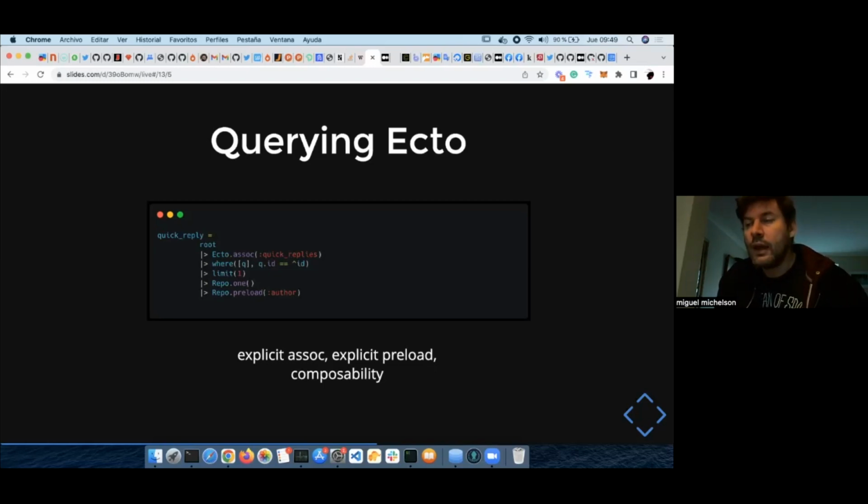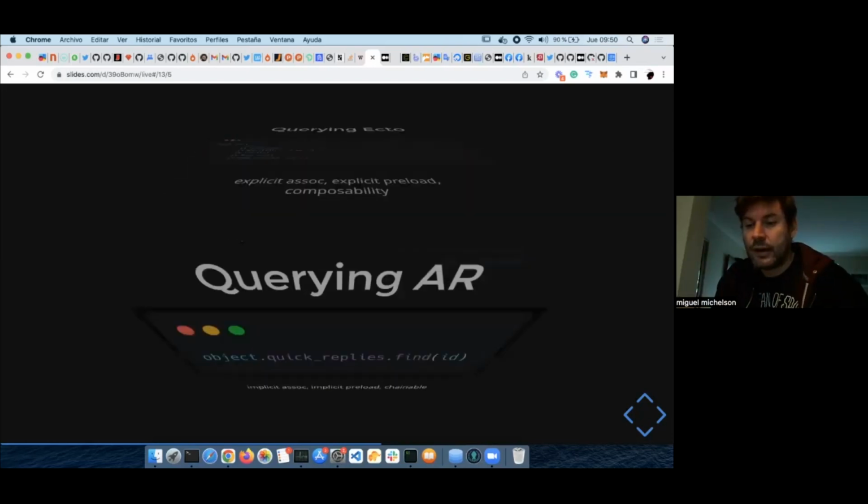In Ruby, you can shoot yourself in the foot because all the associations are automatically preloaded. In Ecto, you have to be more explicit. The querying system allows composability, so you can add many queries in separate functions and chain them.